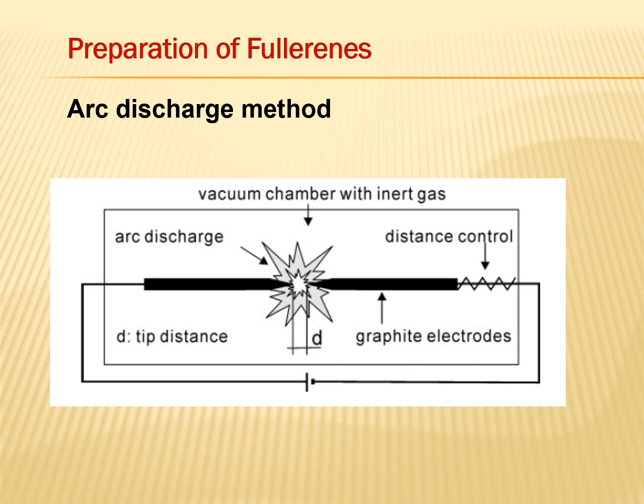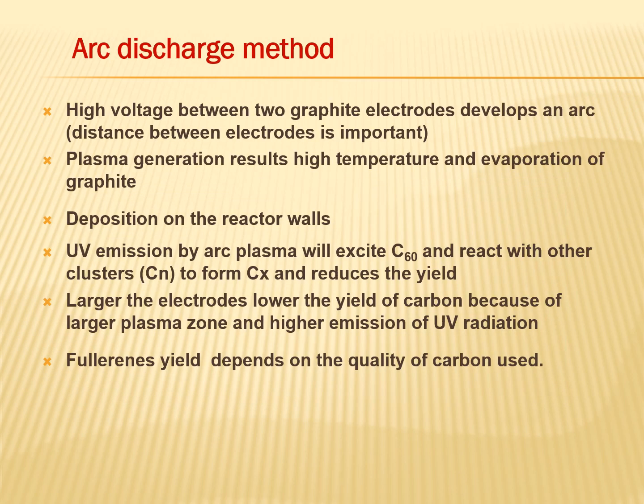The synthesis in this approach is performed in a chamber filled with inert gas. It could be either helium or argon gas. A difference of potential is applied between the two electrodes, creating a plasma between them where the temperature can reach 6000 degrees centigrade. As the carbon atoms are ejected from the solid, these carbon atoms accumulate in a colder zone in the chamber in the form of fullerenes.